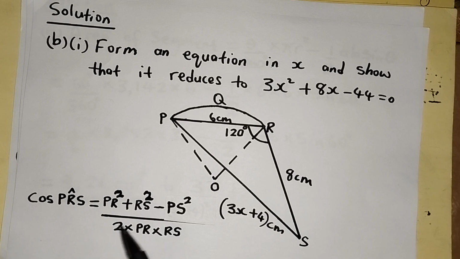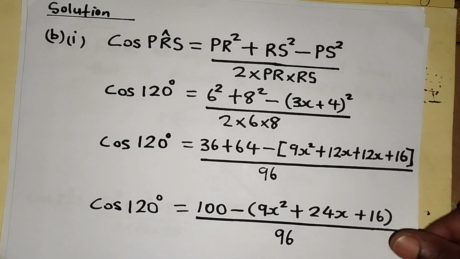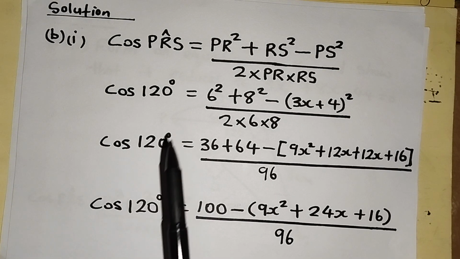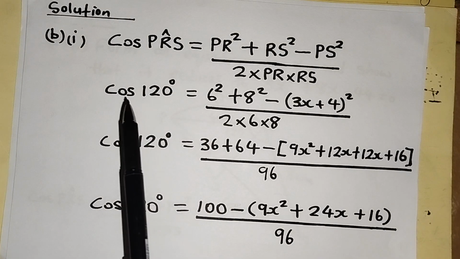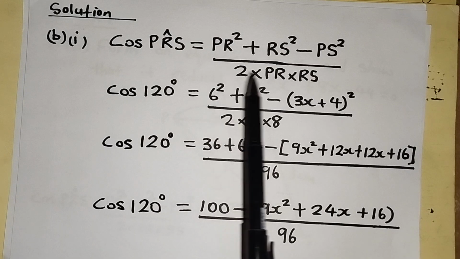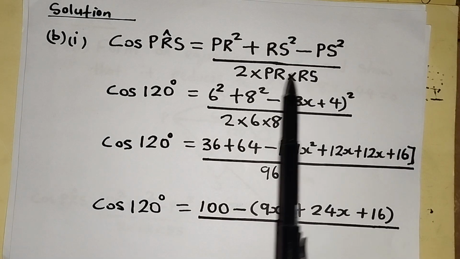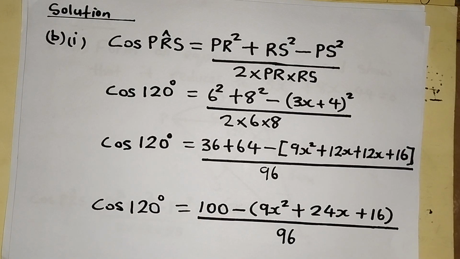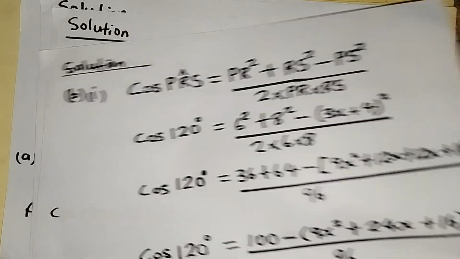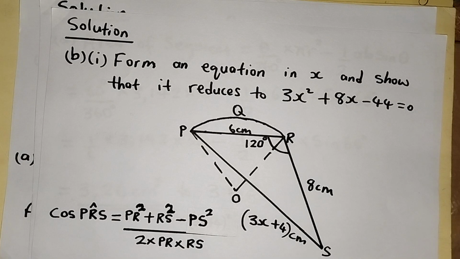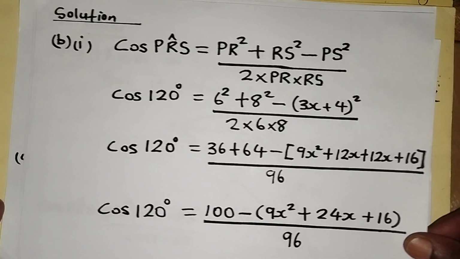So I'm going to substitute and put values into this formula. So remember, it's cos PRS equals PR squared plus RS squared minus PS squared over 2 multiplied by PR multiplied by RS. So our angle, remember, is 120. Let me just take you back a bit here. 120. So now it's cos 120 degrees